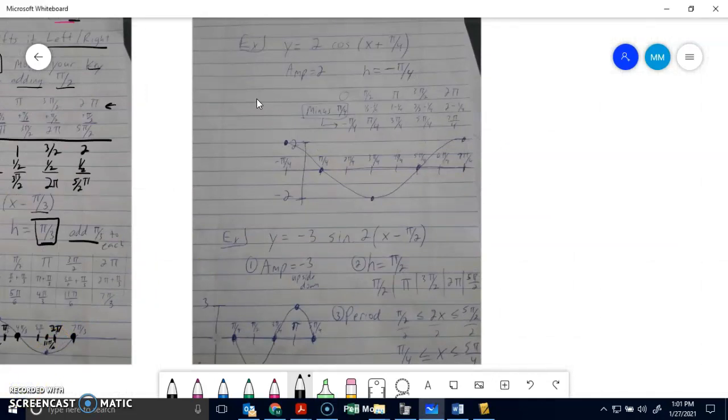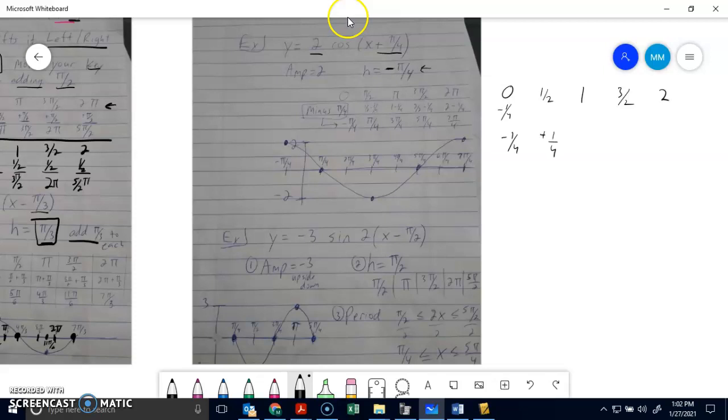So in this example, amplitude is 2, and x plus pi over 4, which means h is negative pi over 4. So I'm going to subtract pi over 4 from each of those key points. 0 minus pi over 4, pi over 2. And again, if you can do it with the pi's, pi over 2 minus pi over 4 is pi over 4. Or again, do it with the numbers: 0, 1/2, 1, 3/2, and 2. Remove the pi's and subtract 1/4 from each. So it's negative 1/4,